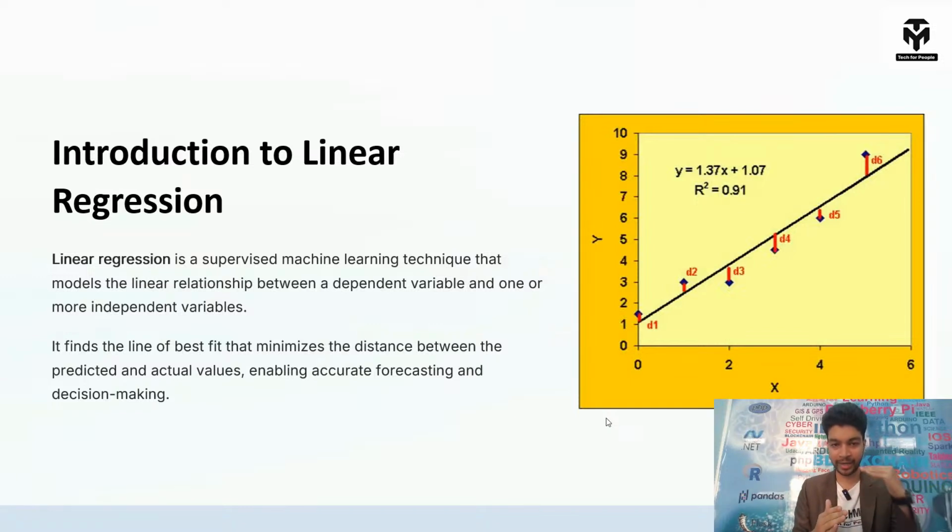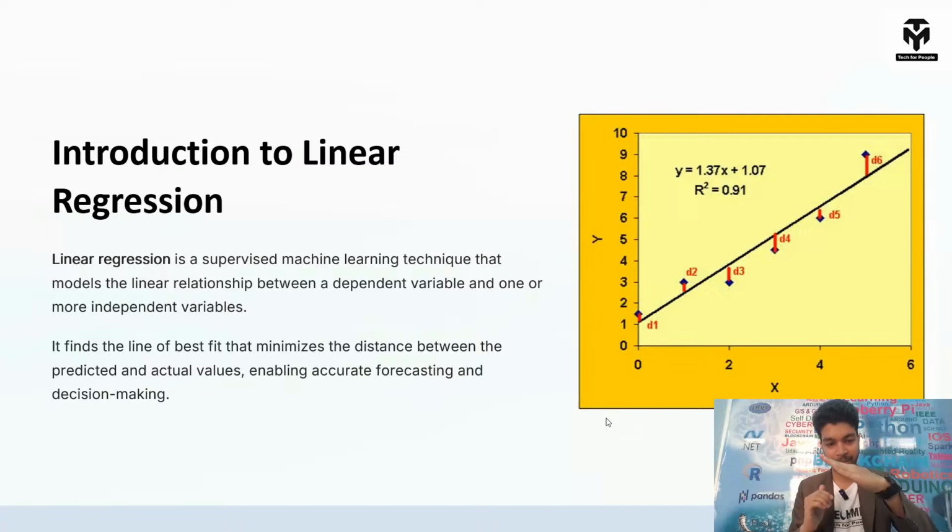So y is your independent column, x is your dependent column, m is the slope, and c is your intercept. So what is intercept? What is slope? I did not understand. Sir, please explain to me. Okay, I'll explain. You must have seen there is an x axis and a y axis. Coming to slope, slope is nothing but the slantness of your line. If your line is too much slant, then the slope is very high. If it is least slant, then the slope is low.